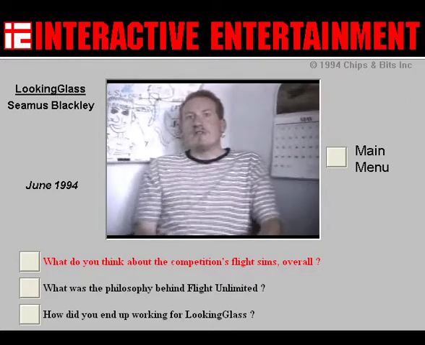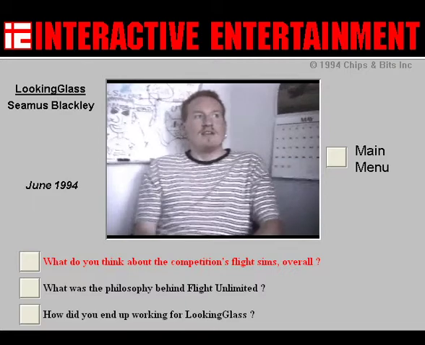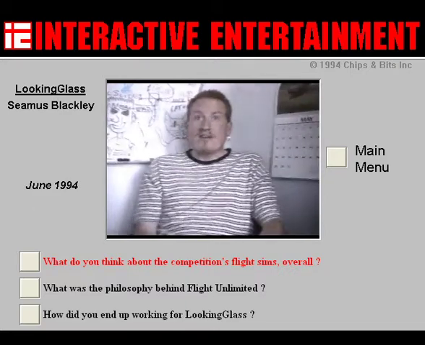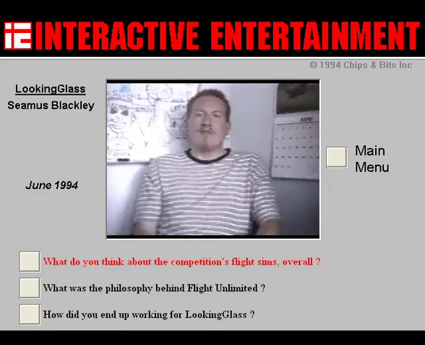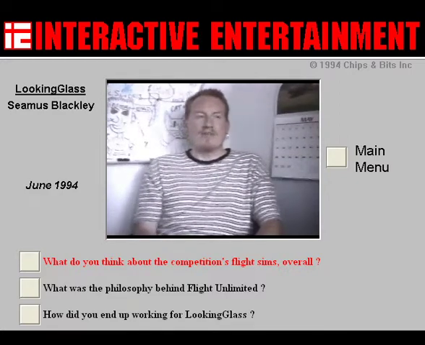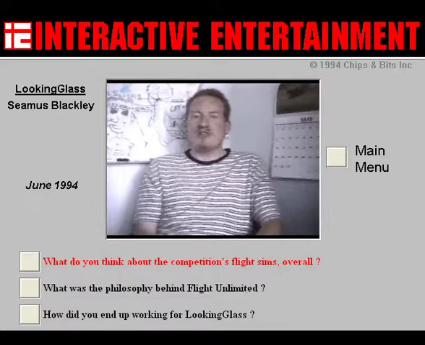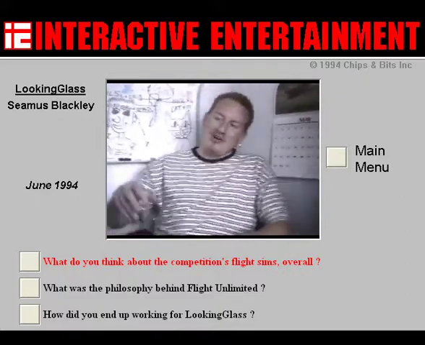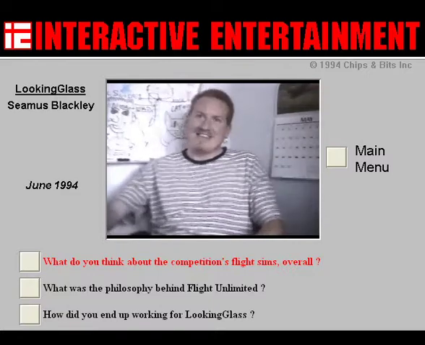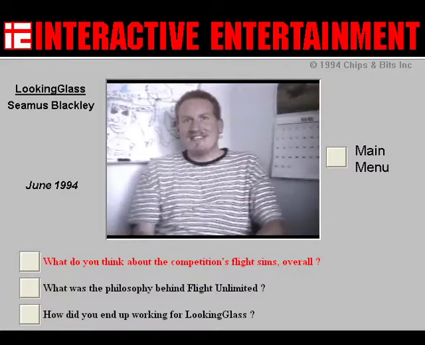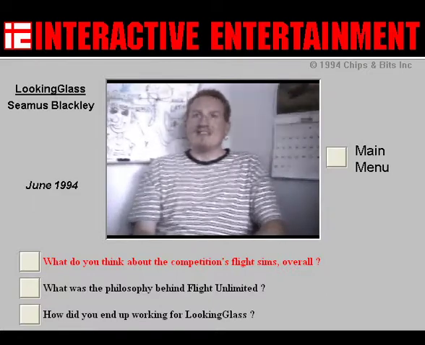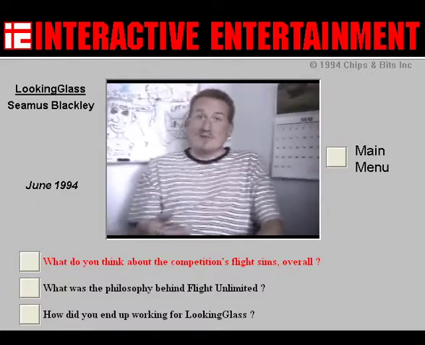All the flight simulators have the same features, and they all implement these features to a greater or lesser degree, and everyone has come to expect those features, and everyone looks to see how well they've implemented them. And when the new flight simulator comes out, it implements, say, the renderer a little bit better, or it does texture mapping a little bit better. It does one of these crazy things a little bit better. And our attitude with Flight Unlimited was not to do that. It was to say that, listen, there's something missing from the experience.